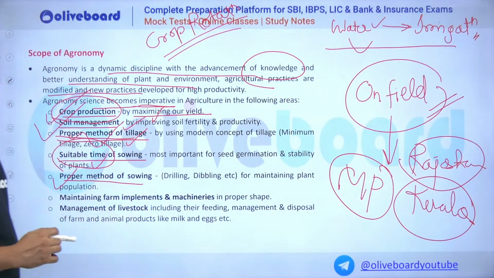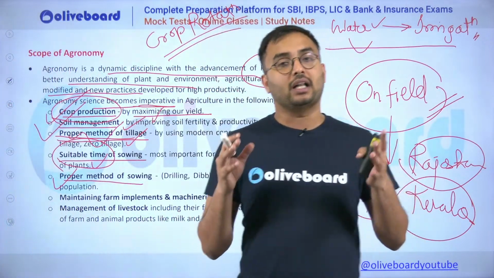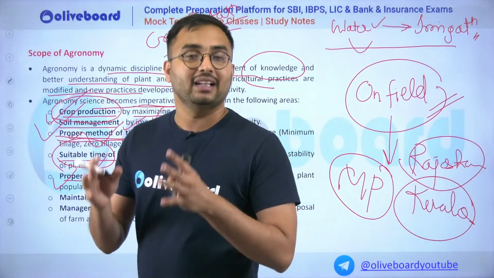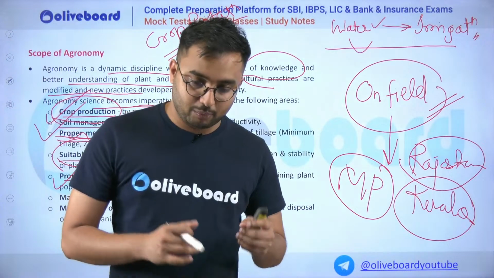Proper method of sowing. As we all know, the overall fragmentation of land does not allow farmers to have a good land, and every farmer to have a good land for cultivation. Because of this,